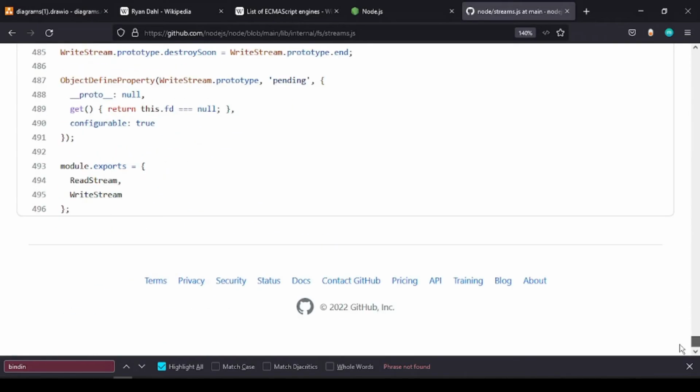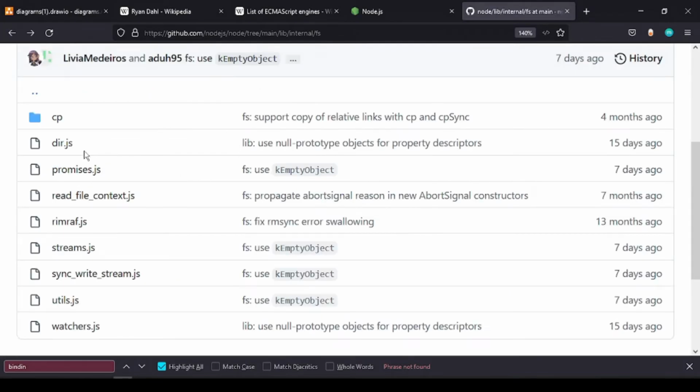If you scroll down at the end, you'll find this module actually exports these two things, read stream and write stream, because a file is a kind of a blob object, right? So that stream information it just returns out of this module. That's pretty interesting. So let's go to directory,